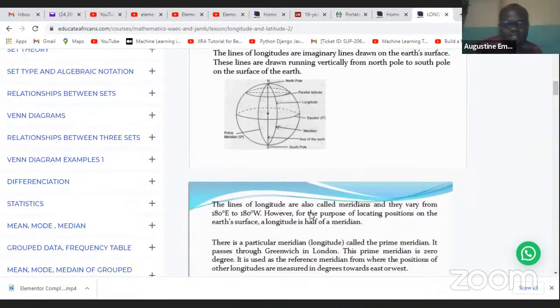So the lines of longitude are also called meridians, and they vary from 180 degrees east to 180 degrees west. So you can have plenty of them, but the highest is 180 to this side and 180 to this side. 180 east, 180 west. However, for the purpose of locating positions on the Earth surface, a longitude